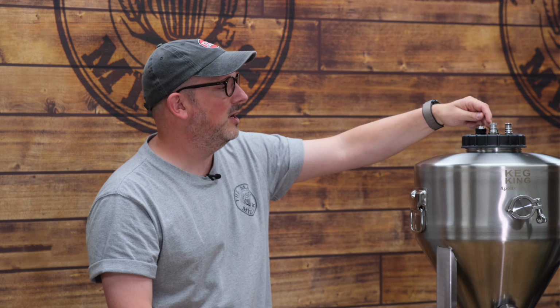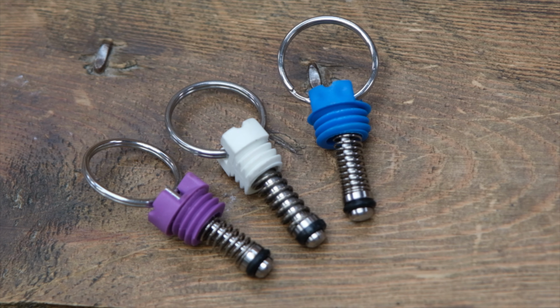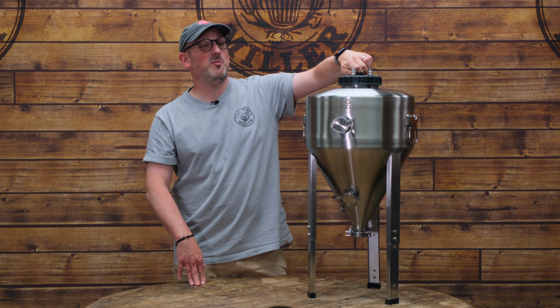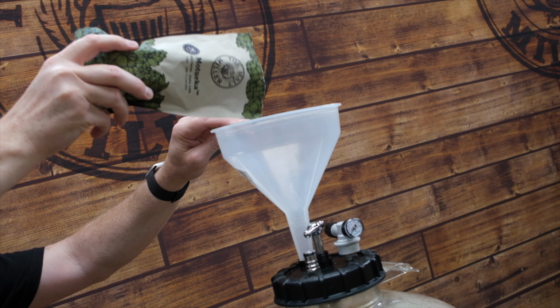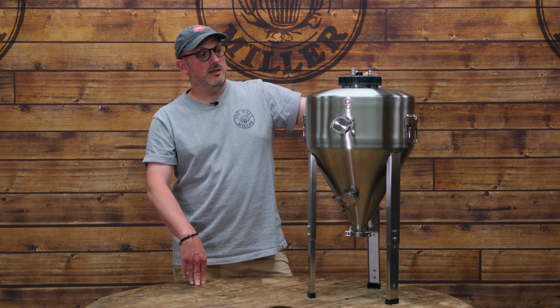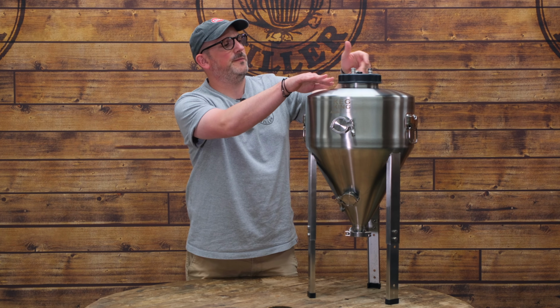You've also got this central port, which is where the thermal well is, and I'll show you that in a moment. And then you've got a PRV on the back. Now the PRV can unscrew so that you can fit different rated PRVs onto it if you wish to, and also you can completely unscrew that assembly so that you can turn this into what Keg King call the dry hopping port. Now if we just take the collar off